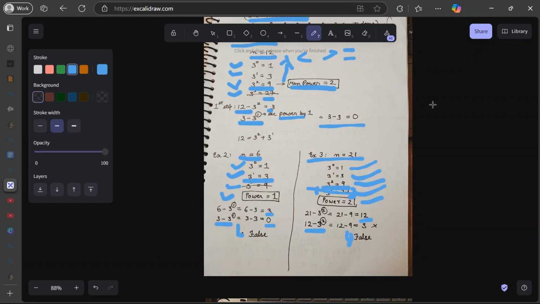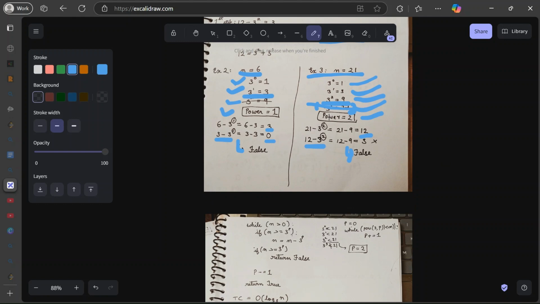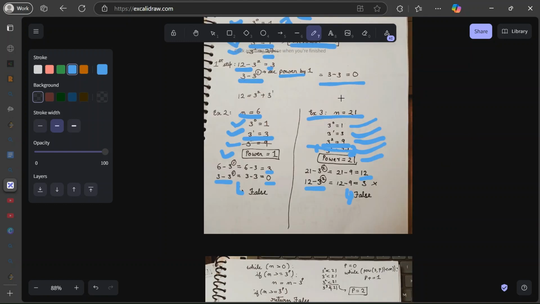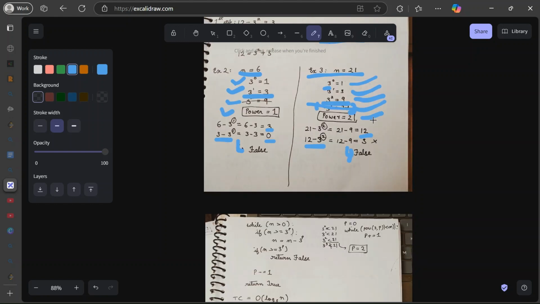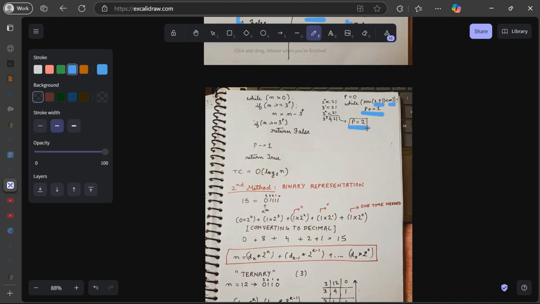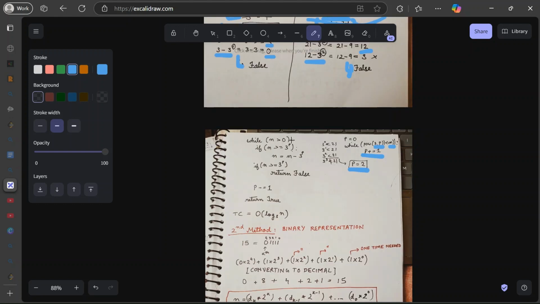Now I'm just converting this simulation into formulation and code. See, I was taking the power value from 0 and incrementing it until it is greater than the number. So while power of 3 comma p is less than or equal to n, I will increment p. And if it becomes greater than n, I would just return the previous power value, break this loop, and get the power value. Now, until my n is greater than 0,